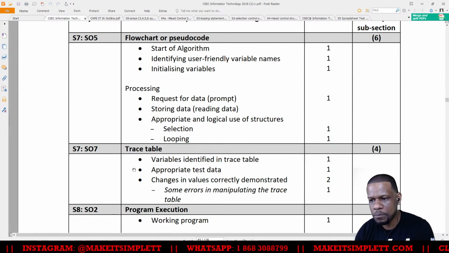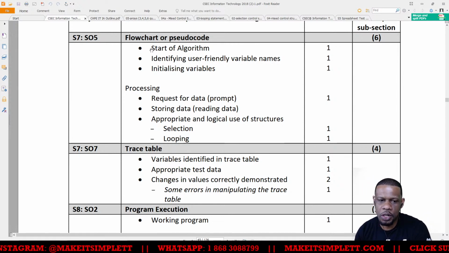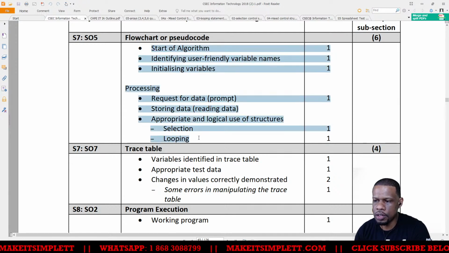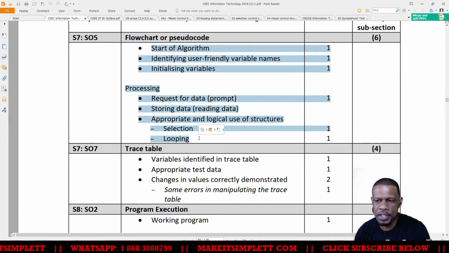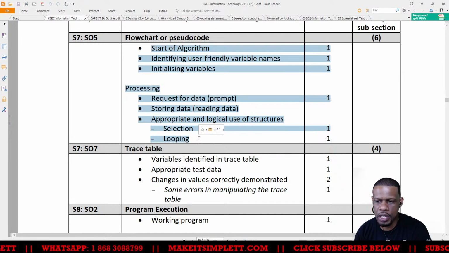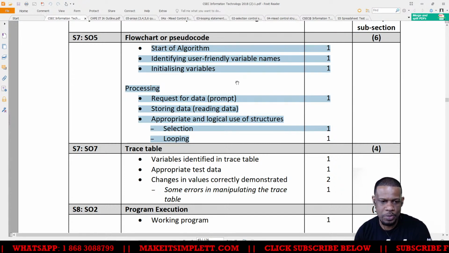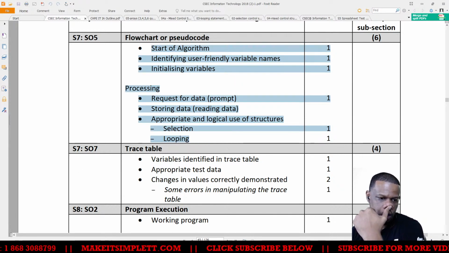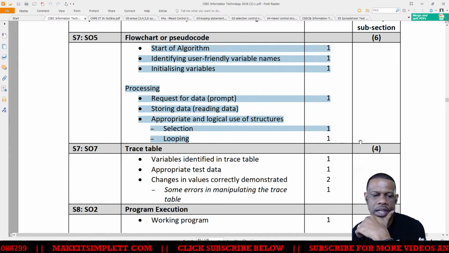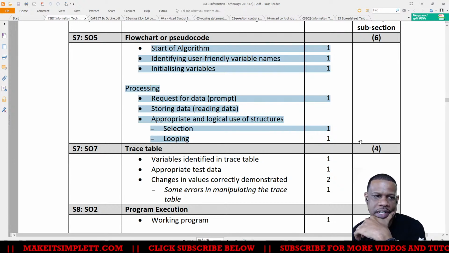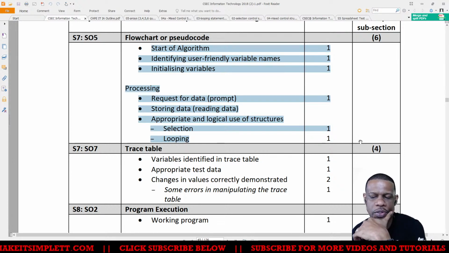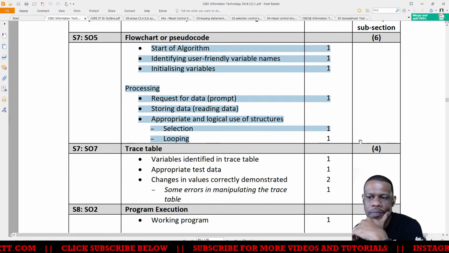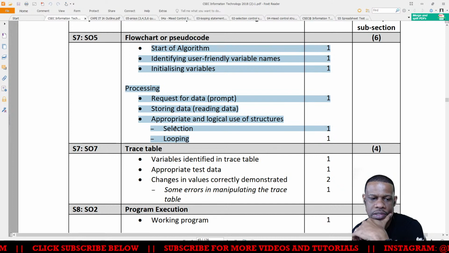Okay. All right, so after we do that, we're going to go to the trace table now, because we got the 6 marks here. Whether you did the algorithm or whether you did the flowchart, doesn't matter. That's 6 marks that you're working for there, right? Oh, Pete, that's what you meant. If the flowchart has to work, well, yeah, the flowchart has to have the correct symbols. If the flowchart doesn't have the correct symbols, you won't get the mark. You'll get partial marks.